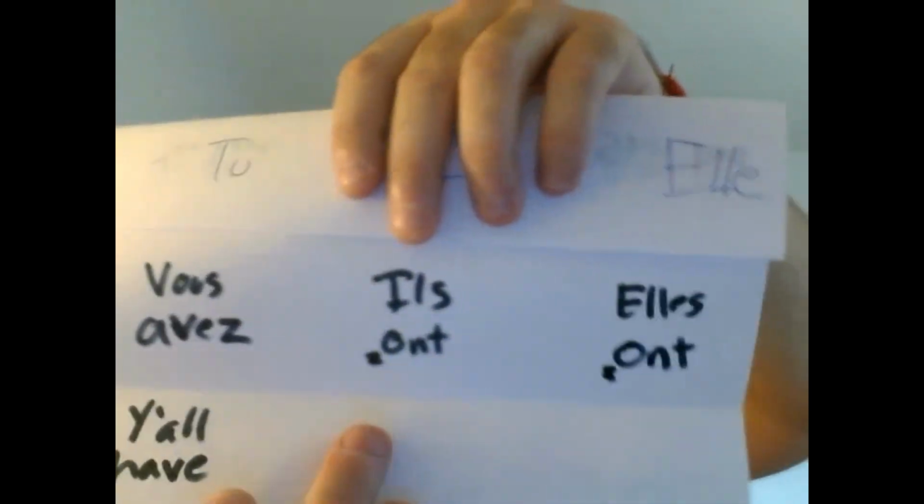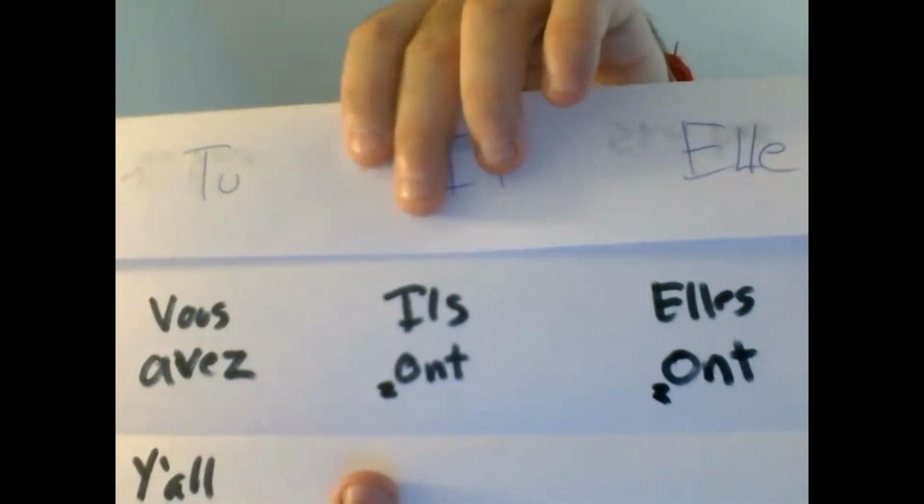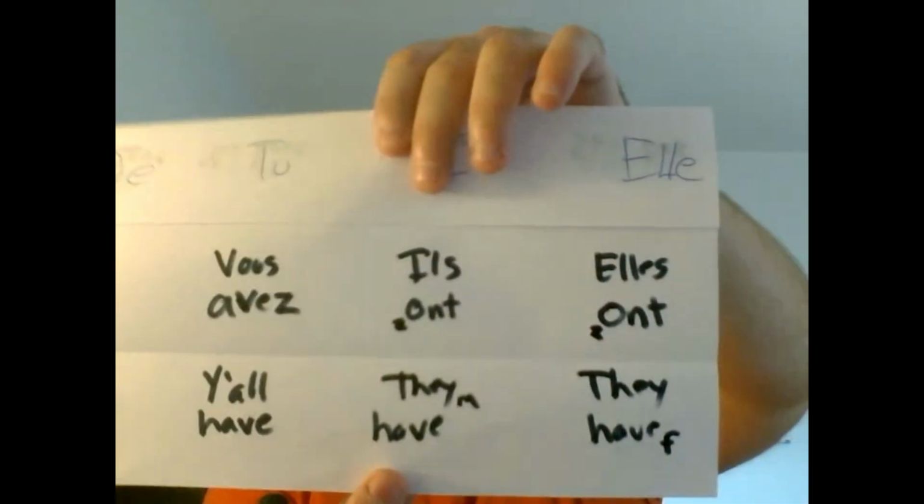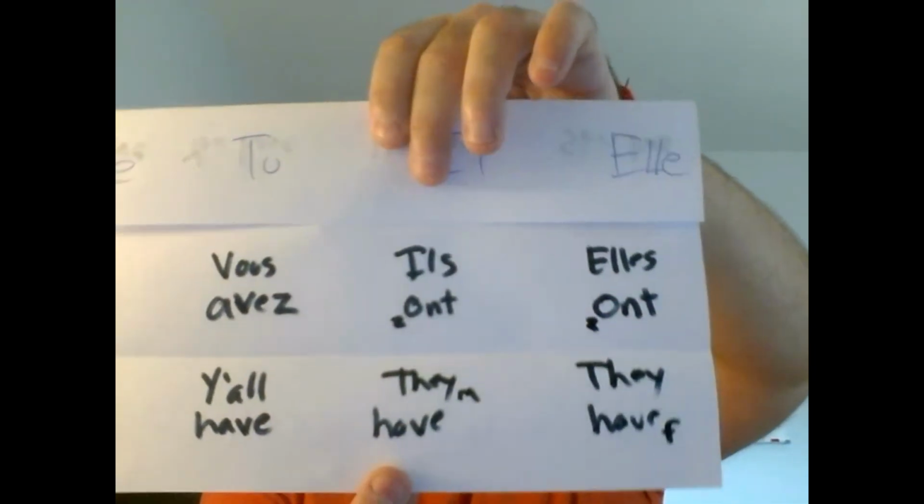If you need to make a little note of that, you can put a little Z underneath the O like that, sort of like a subscript, to help you remember that it does that. And then, of course, what do they mean? They have, masculine, and they have, feminine. Ils ont, elles ont. So,